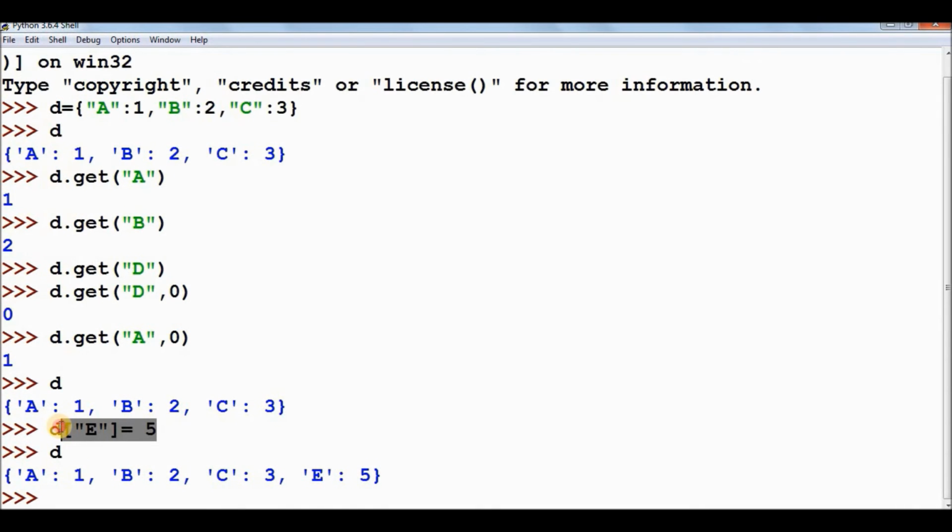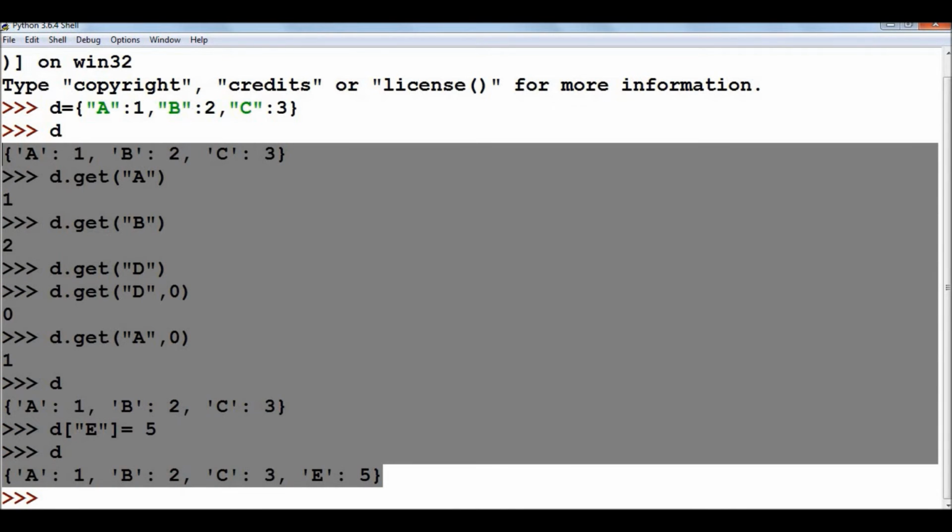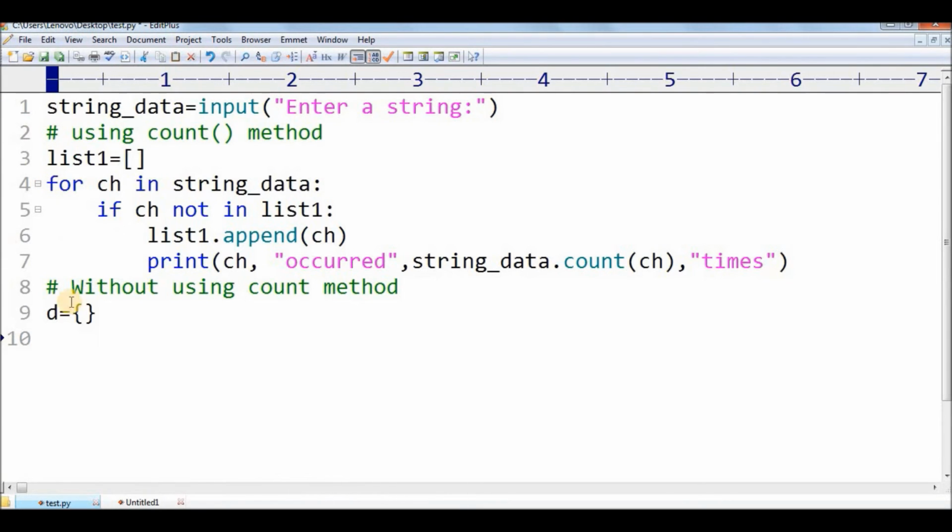Okay, now I am going to use this syntax to fill the dictionary in this particular code also. So all this I am specifying here is just to brush up your concepts of dictionary. The actual code is here, and I am actually using an empty dictionary here. Right now the dictionary is empty, and we will traverse the string again and we will fill this dictionary using that syntax of updating dictionary. Okay, so what I'll do is for ch in string data.